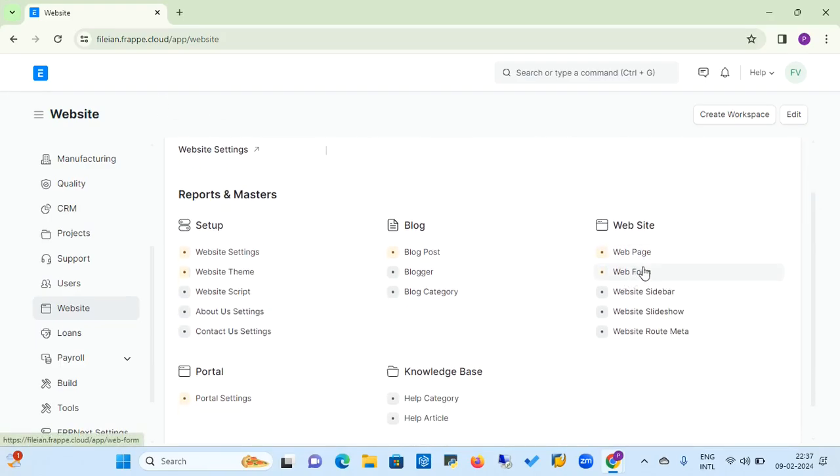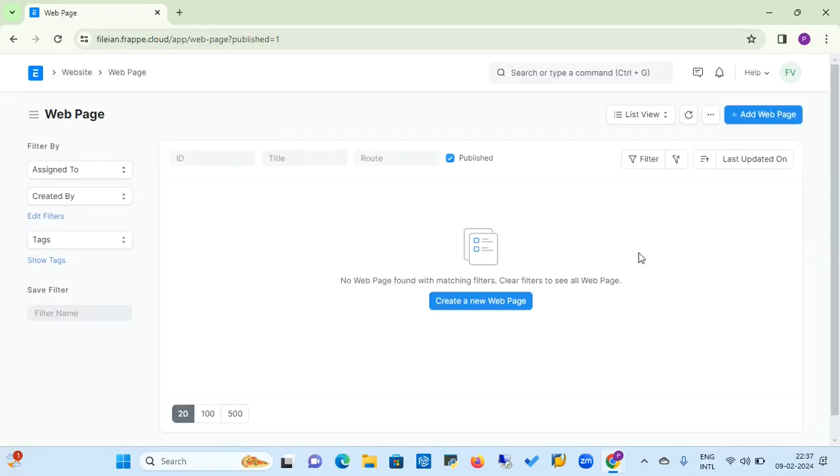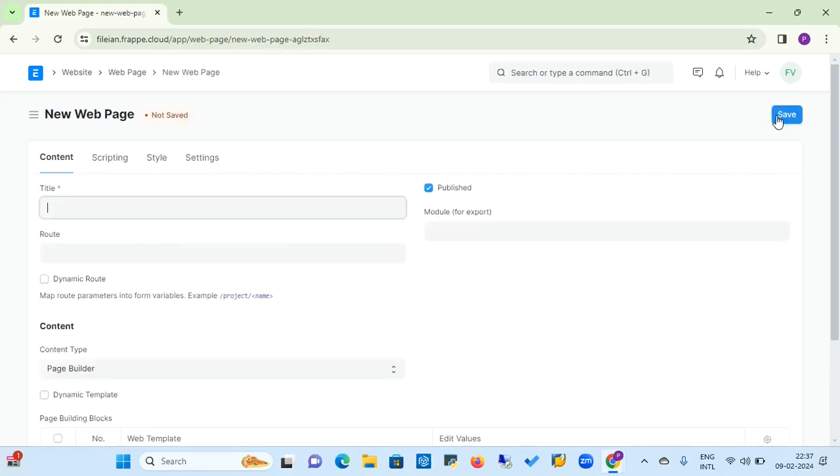Also, we will see how we can generate web forms and web pages. First of all, we will see the web page. If you want to add a web page to your website, you can go to Web Page and click on the web page button. Give the title. Suppose I want to add a product web page, and here I'm routing this page to my product